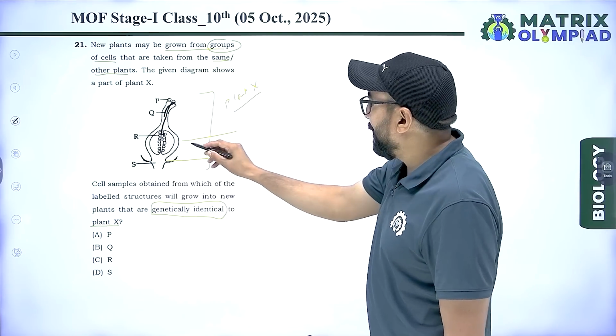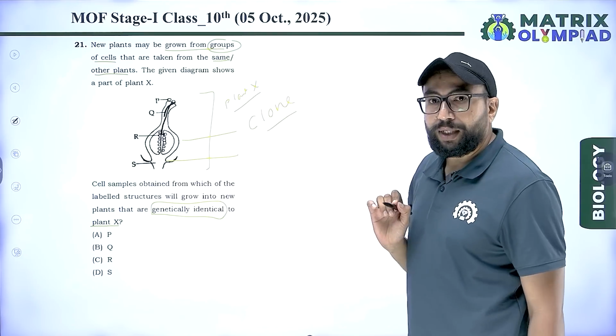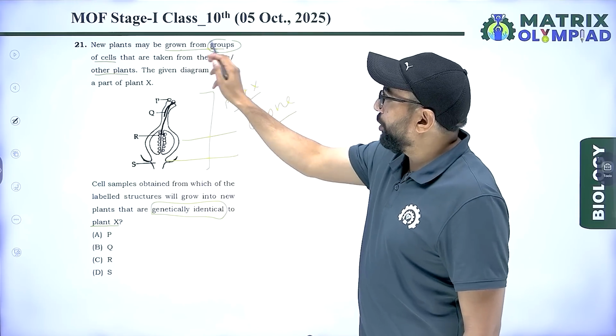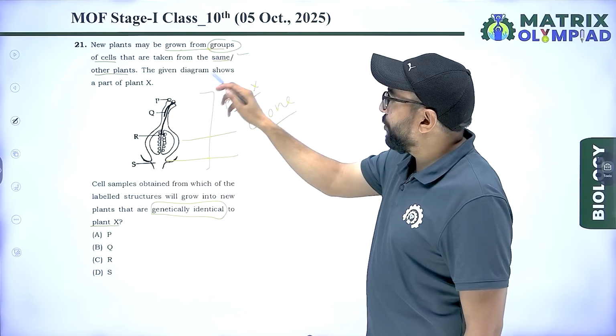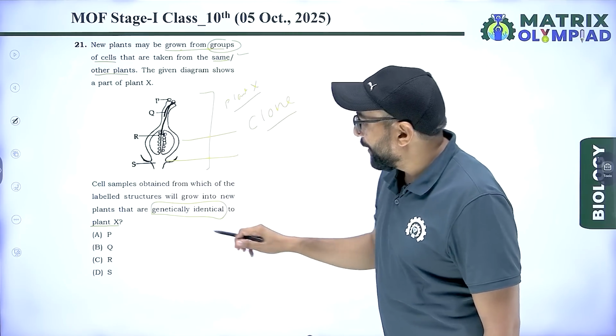Genetically identical means clone. According to the question, grown from a group of cells, same or different other plant. In this case,